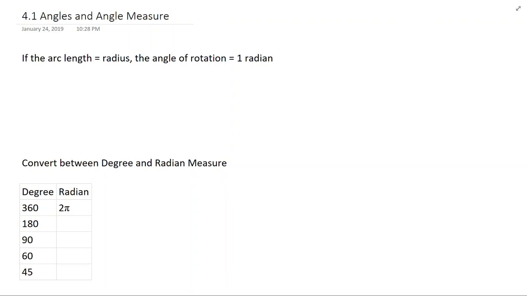So if arc length equals the radius, then the angle of the rotation equals 1 radian. So this is just another unit of measure. So I'm just going to sketch out here. So if we have a circle,